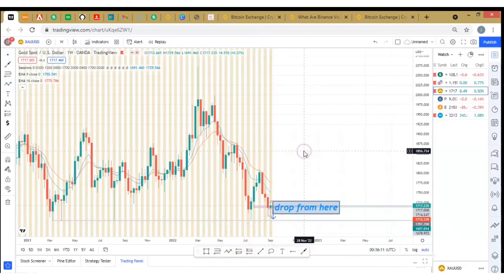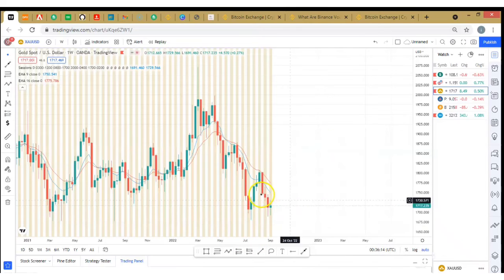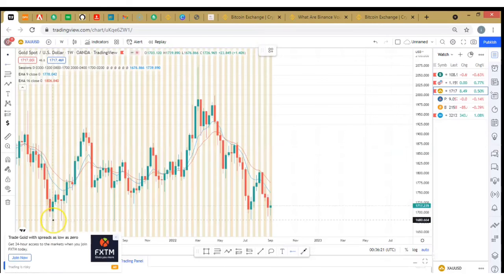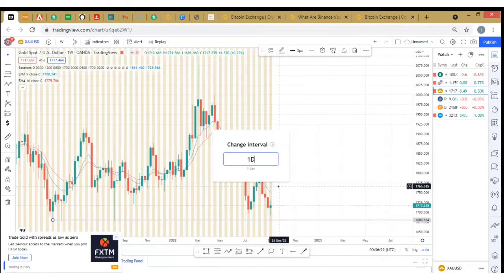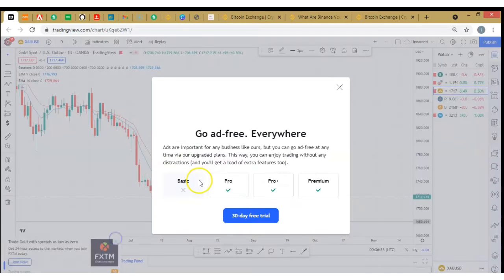But first of all, I'll delete all drawings. And immediately I remove all drawings, I want to draw one back. Yeah, this is a very significant zone, so I better draw it back for referencing. So yeah, the next thing I do is to go down to the daily. I go down to the daily immediately. And yeah, guys, if you look clearly,